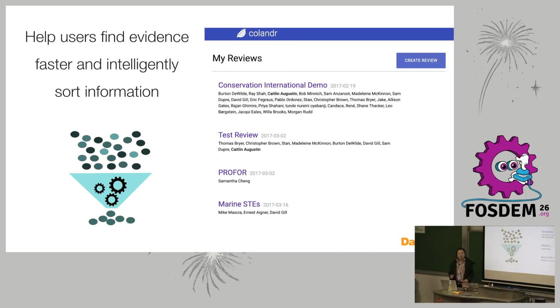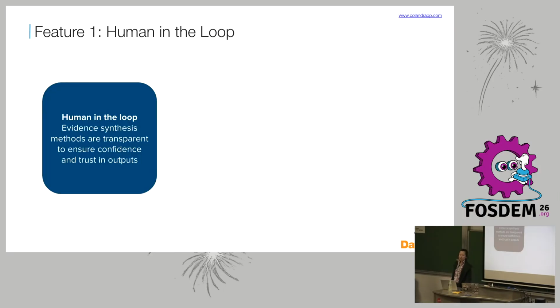And so the way that Colandr worked was really to have an easy-to-use front-end platform where users could input what they were looking at to help them sort through it faster and intelligently label that information. So when we developed Colandr, we had some key features in mind. The first is that we had to maintain a human in the loop. It couldn't be fully automated. Again, right, the value of these approaches is that they're transparent, and we wanted to maintain that trust. So one of the features that's built into Colandr is an active learning approach, where users are maintained through the whole process, maintaining that oversight.